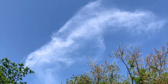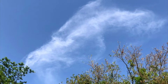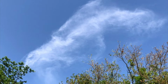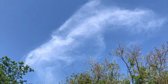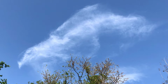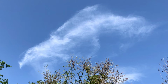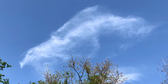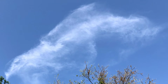Well, today I have another host picture for you. This one showed up in the back of my yard on April the 13th, 2021. I was drawn outside because I saw this enormous red dragonfly that was sort of caught on my porch, so I took the butterfly net to go get it and release it out into the open. And when I flicked the net up towards the sky to let the dragonfly loose, it drew my attention to